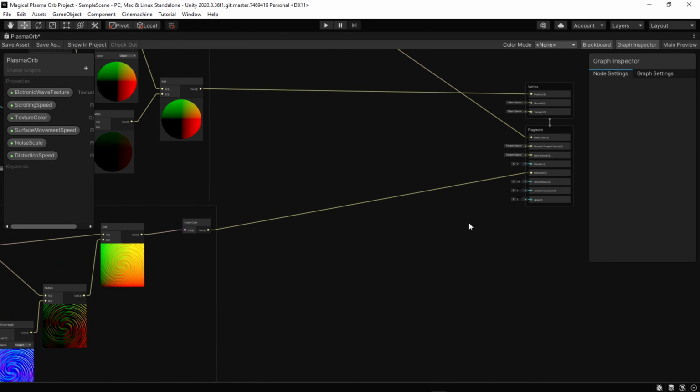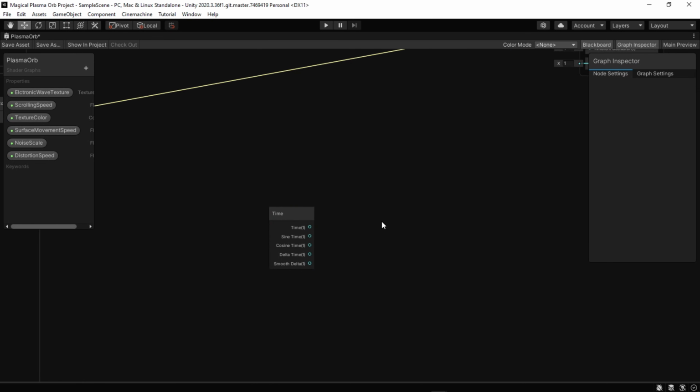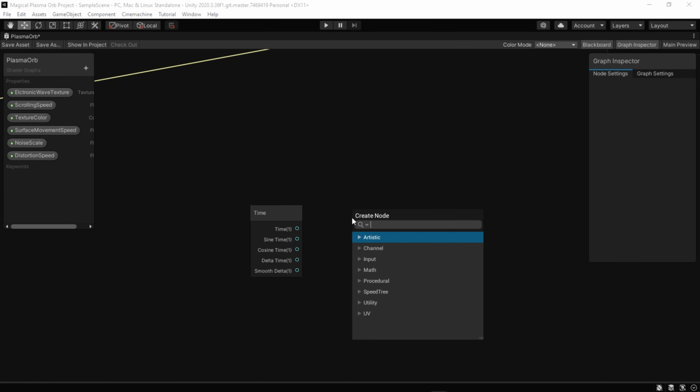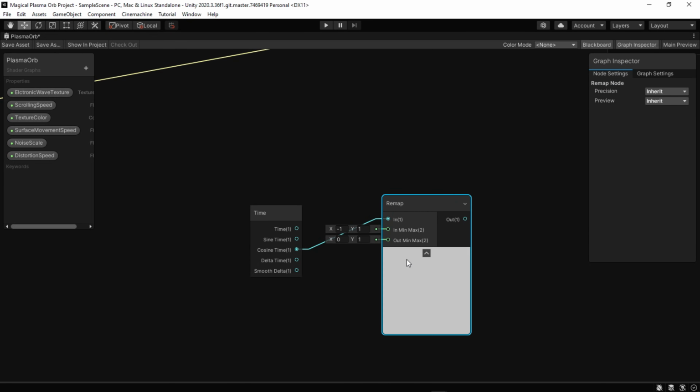As final, we can make it more interesting by controlling the edges of this sphere with a Fresnel effect. And like always, time node, but this time we need the cosine time, which represents loops between -1 and 1. Connect it to the remap, to change the output.